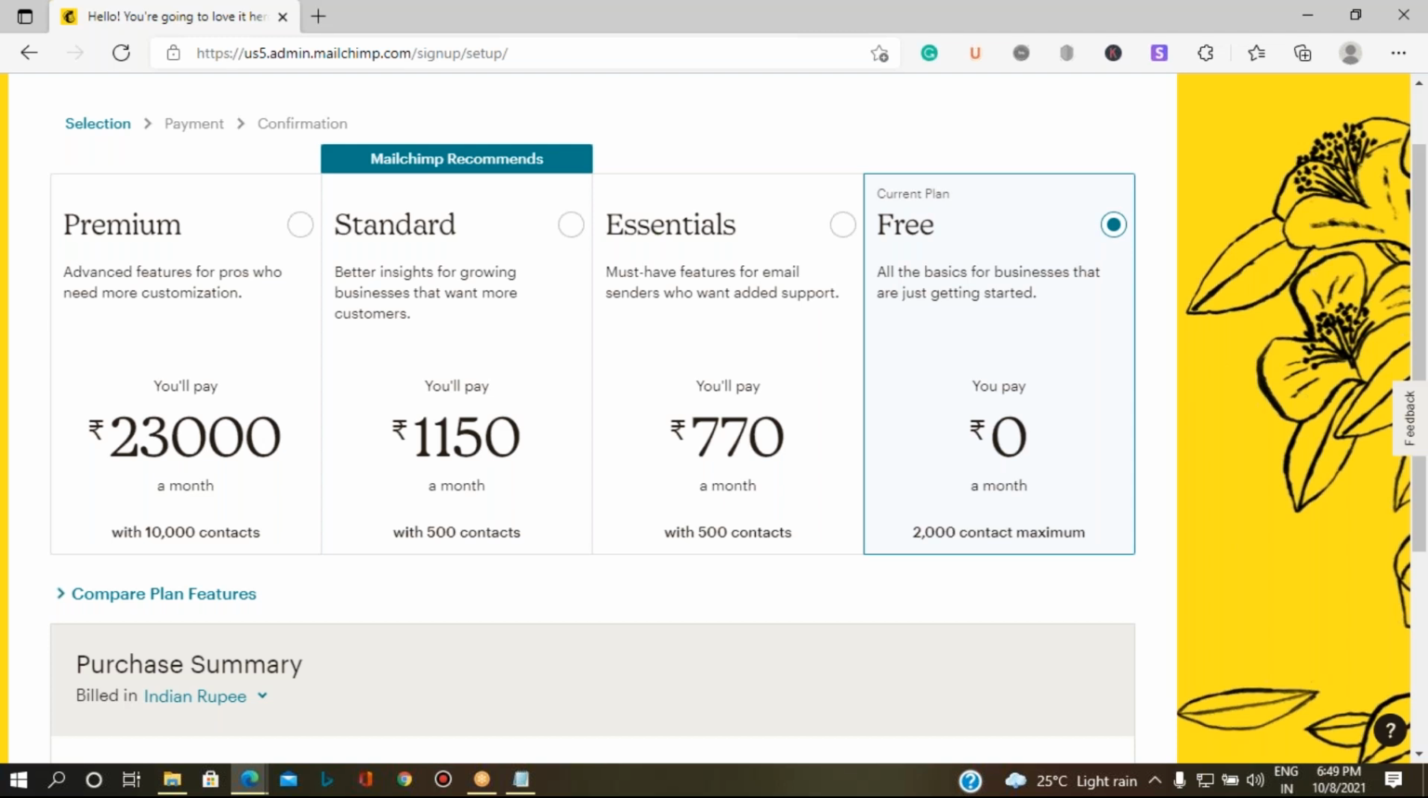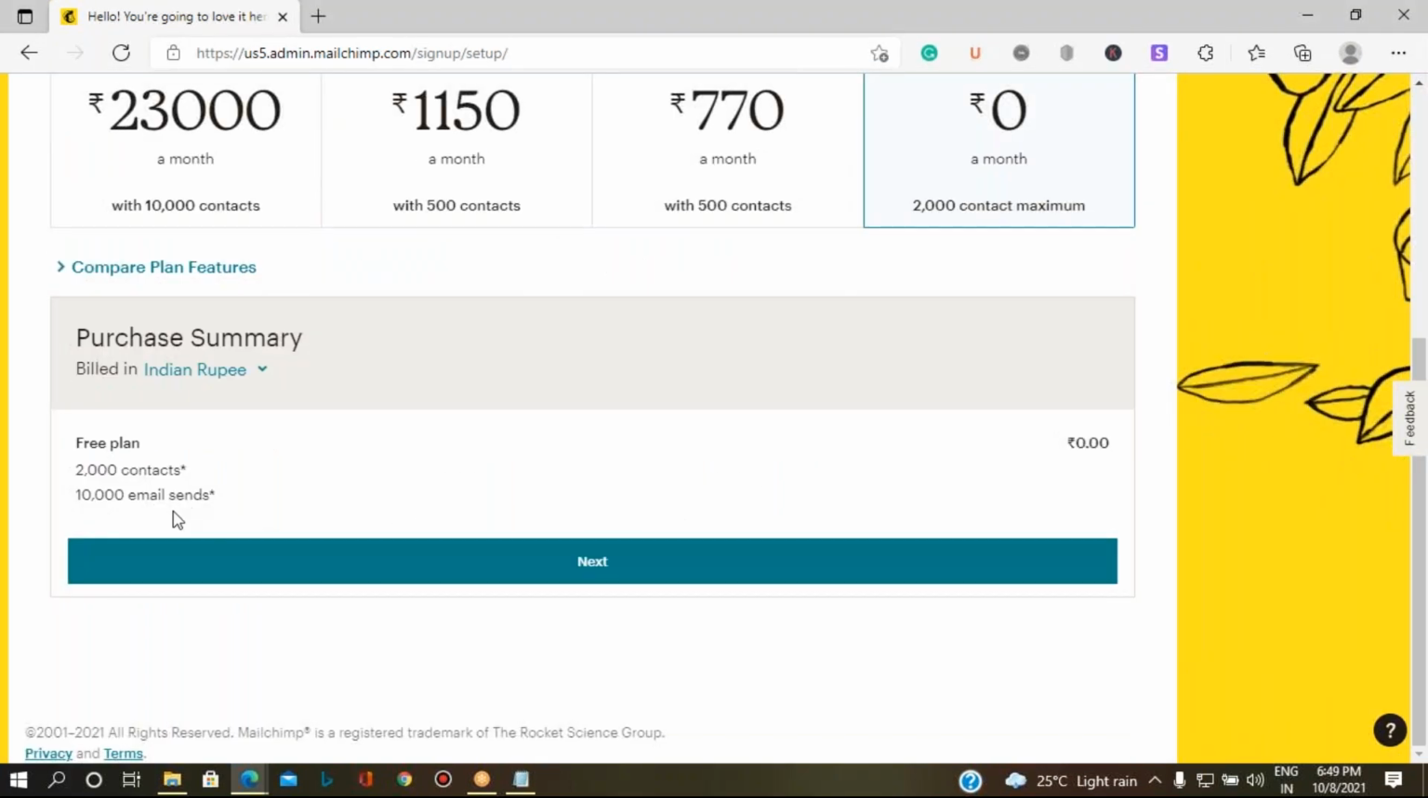So here, by default, it has been selected with the free account. So you can add a maximum of 2000 contacts, for the lifetime, if you are going to use this MailChimp account free of cost. So you can add up to a maximum of 2000 email contacts, and you can send up to 10,000 mails for the lifetime. Okay, so once you click on next,